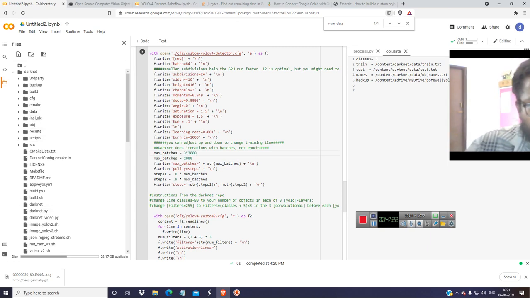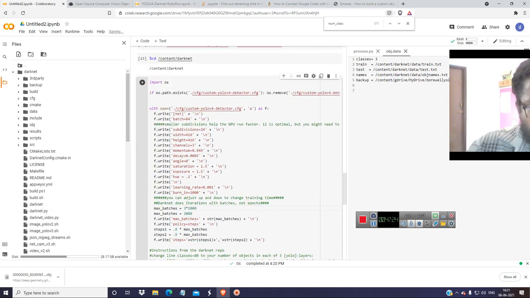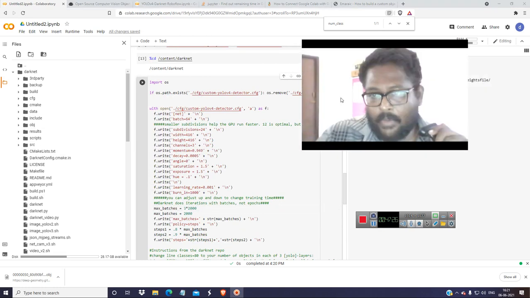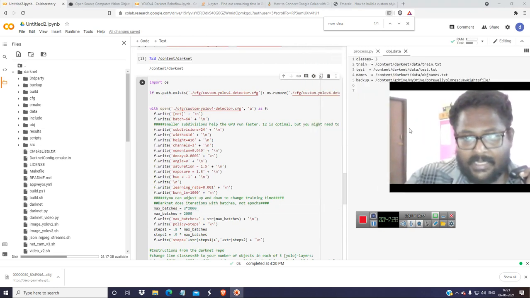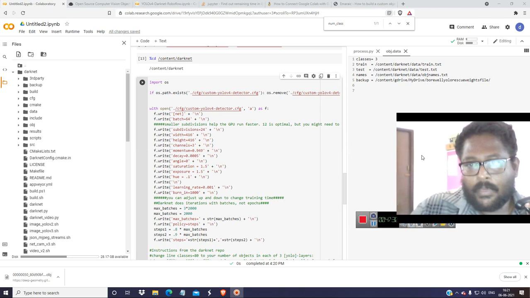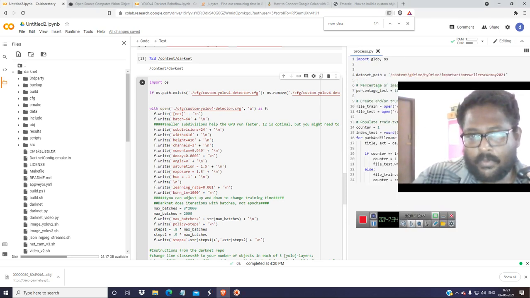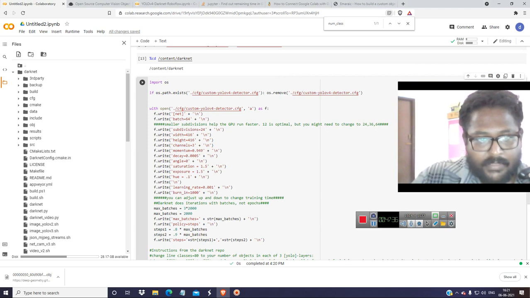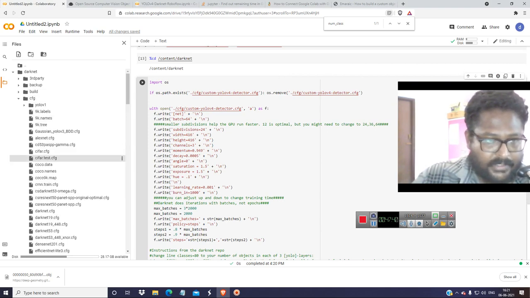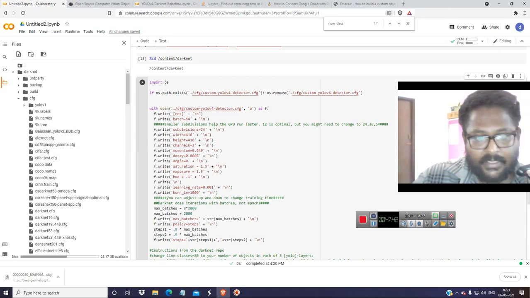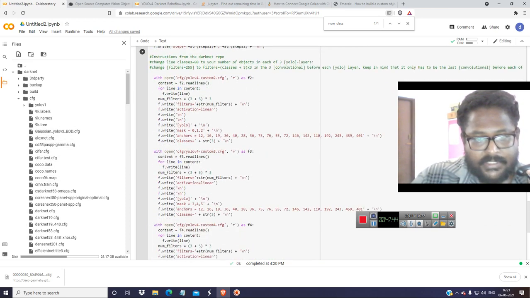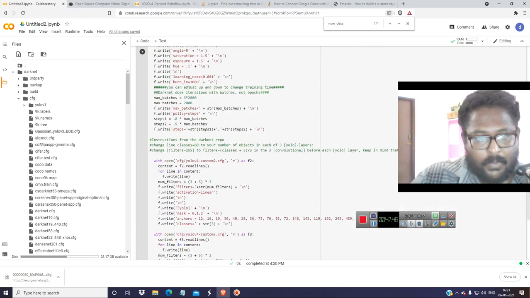Now we should create a CFG file. That is the point of this, and you have to know that this is highly oscillating in nature. So we have given everything correctly. So we can close obj.data. We don't need process.py anymore. So everything is given correctly. Now the file would be created in the custom.cfg. Custom.cfg will be created. So that is why we changed all these things. Okay, so let's see.